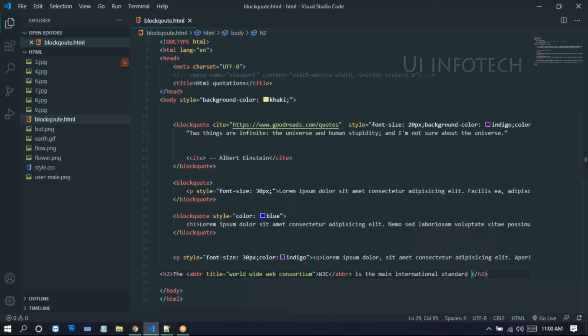This is the main standards organization.